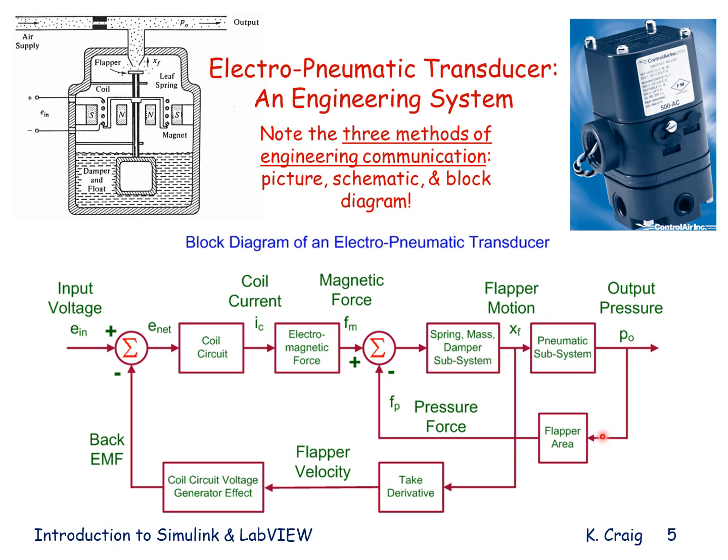The pressure acts over the flapper area, and that force, pressure times area, acts opposite to the magnetic force acting on the spring mass damper system. Hence this summation junction with a plus and a minus for the two forces. In addition to the voltage that's supplied to the coil,